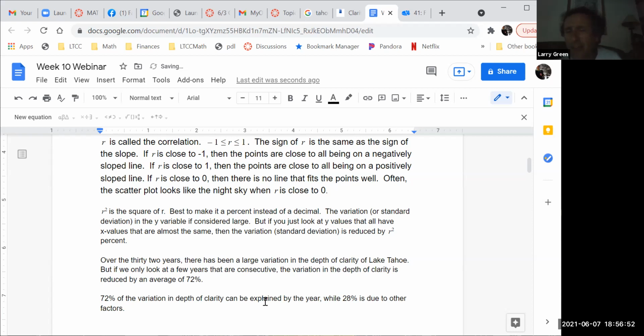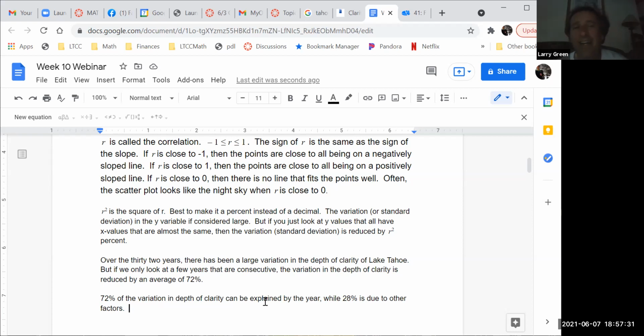What other factors might there be that will change the depth of clarity in Lake Tahoe? This is not a math question, it's a science question. Anyone know? Water runoff. Yeah, water runoff, and in particular, how much snow we got. Because if you have a lot of snow, you get a lot of water runoff, right? By the way, if you've never been to Tahoe, I will tell you, we're a place that has a lot of snow in the wintertime. So if you don't know about Tahoe, that's what we've got. So in big snow years, our depth of clarity goes really down. Whereas in drought years, our clarity is pretty good.